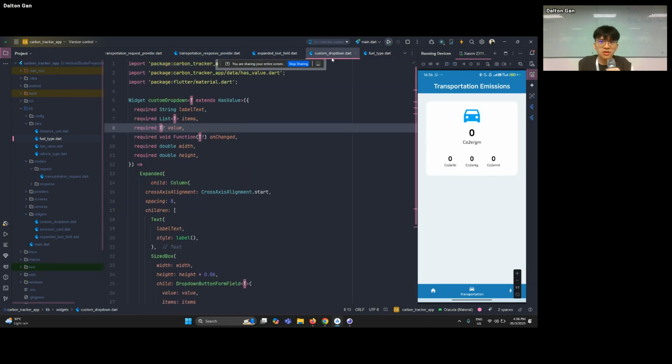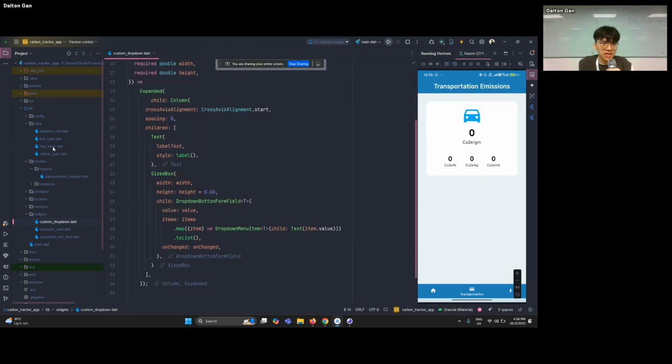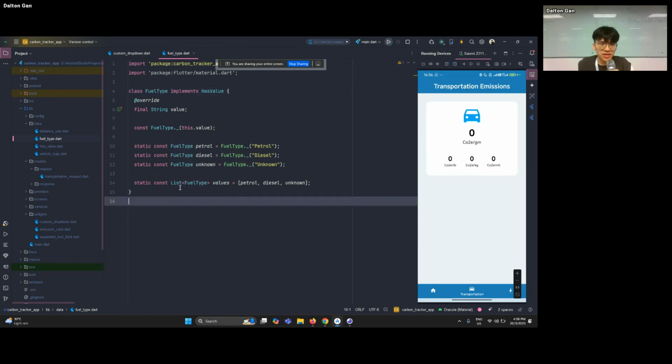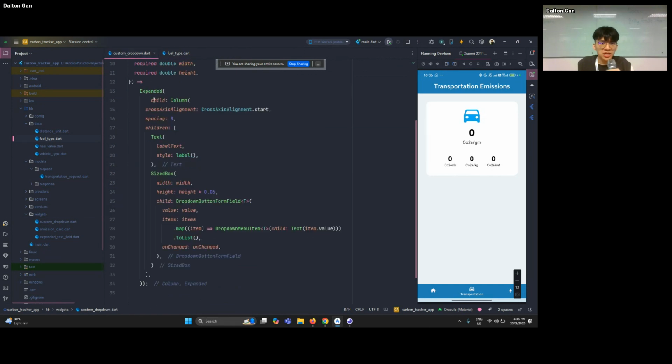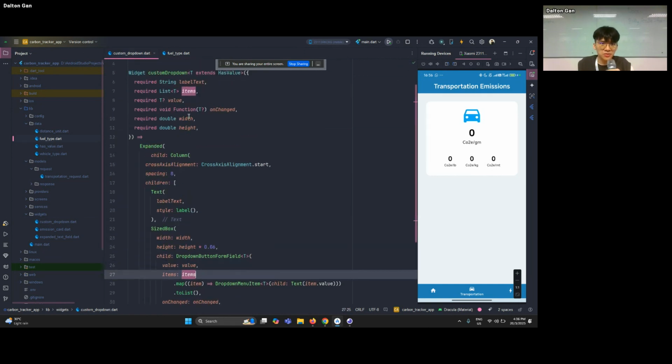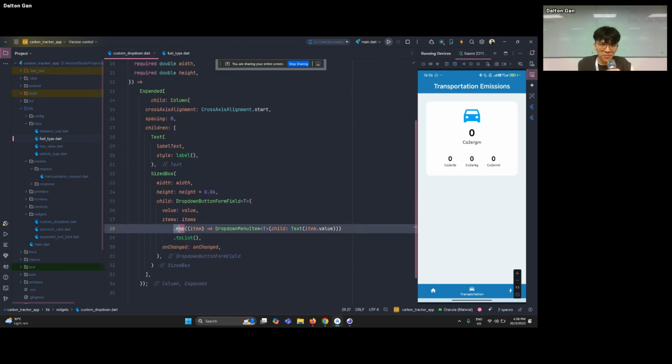Okay? In the custom dropdown over here. Let me close other tabs. Yeah. And remember in the field type, we have this thing called values where it has all the items inside. So that's why we are actually taking the value, which is the items, and we are mapping everything